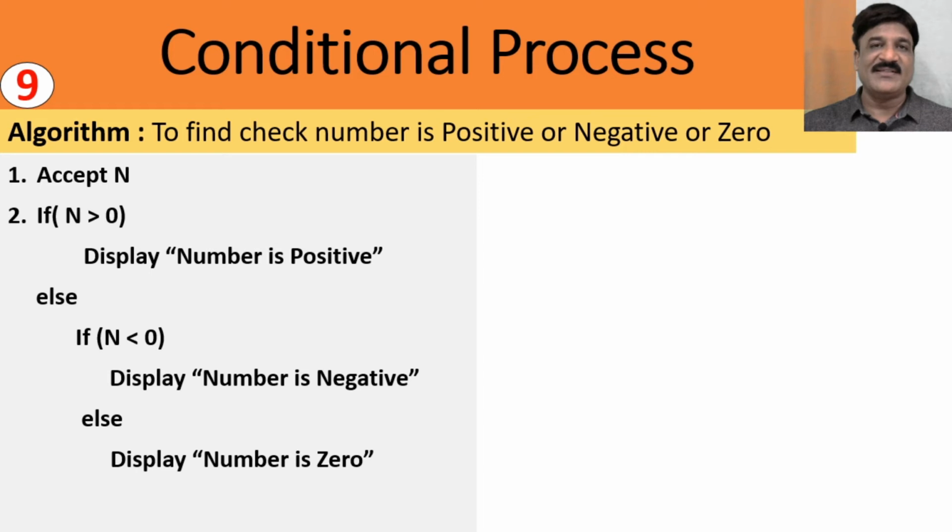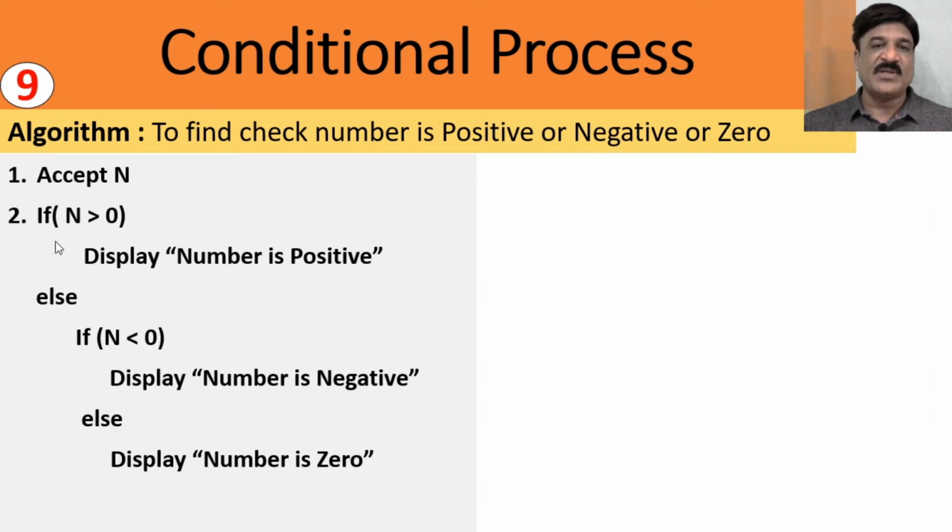Now remember, it is not necessary that you should always check first the greater value, then the equal value, and finally the last one. It is not compulsory to always use the greater comparison first. Since our problem is to check positive initially, that's why we are writing it this way. First, we compare whether the number is greater than 0 or not. If so, the number is positive. Then second is negative. That's why we have written it in this particular order. It is not compulsory.